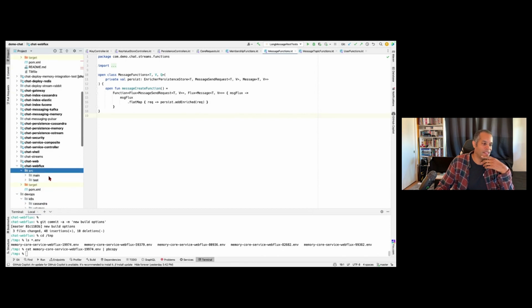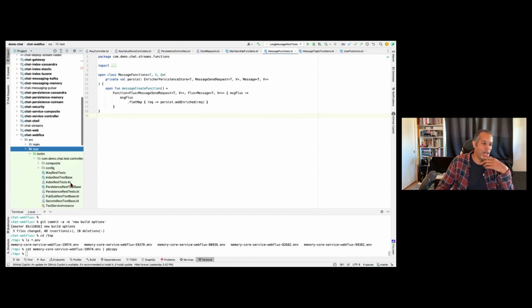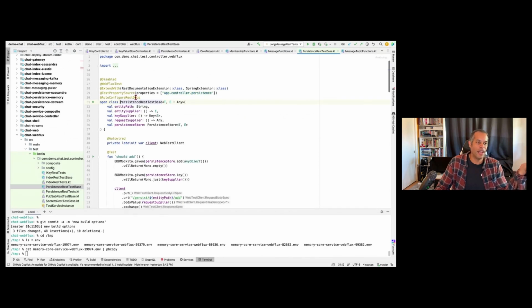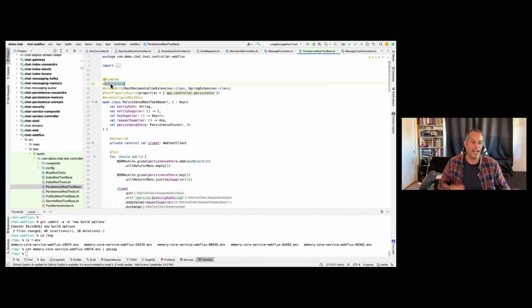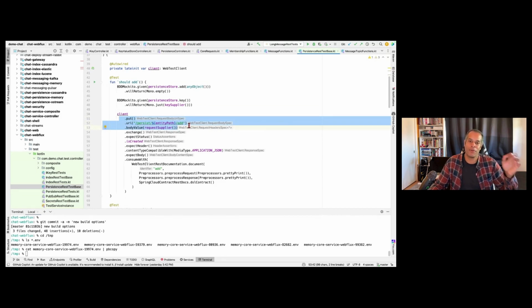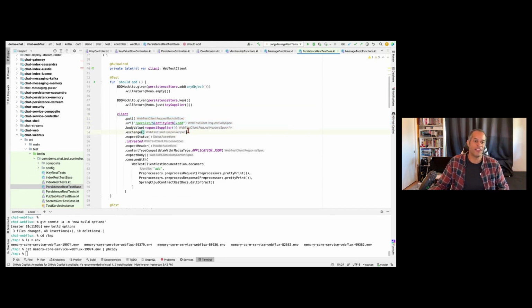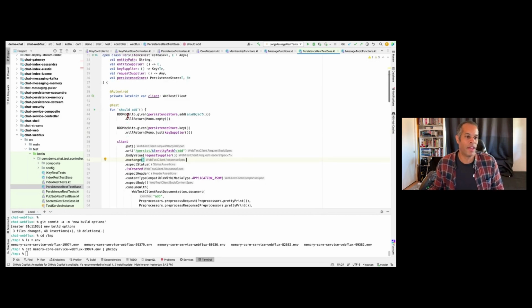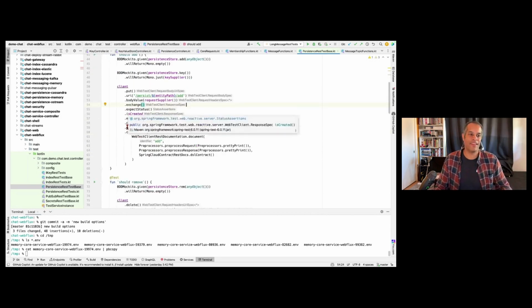Things like WebFlux can be tested very simply. You just use WebFlux test. So if you're doing WebFlux, for instance, you just use WebFlux test and you start writing tests for a server endpoint that you want to make sure returns a certain type of element, right? So you just write the test first, and then break the test, because once you run the test first, it won't work. So then you go to production, you write the production for it, you test it again. Does it work? Good. Go to the next test. So the loop is pretty tight there.